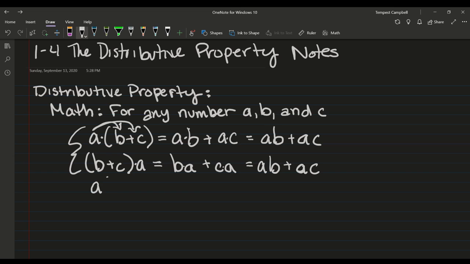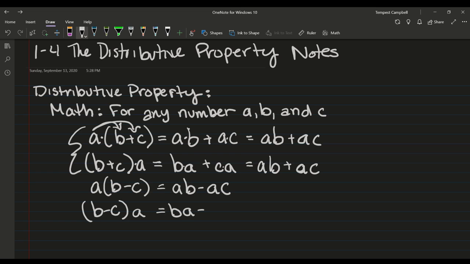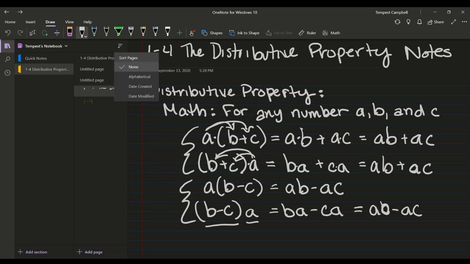So similarly, we can have A times the quantity B minus C to get AB minus AC. And we can do B minus C, that quantity, times A to get BA minus CA, which is technically the same thing as AB minus AC. So again, these two are equivalent to each other. The only difference is we're switching the order of how we are distributing. So we can either distribute on the front end or on the back end. Next, on the next page, we're going to talk about